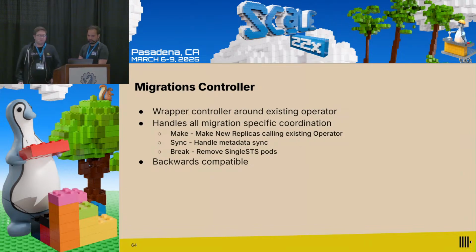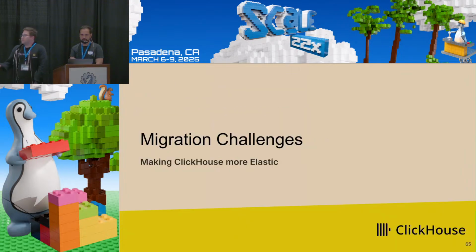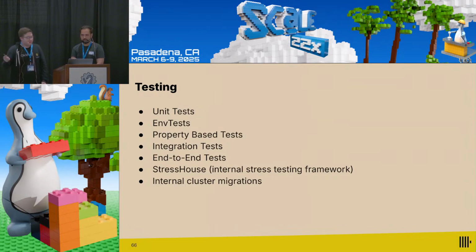So yeah, to summarize on the migration controller, it's a wrapper controller around our main operator. It handled all of this very specific coordination we needed for the migration, and it's backwards compatible. Now, everything's great, right? We have our migration controller, we have Temporal to coordinate this, and of course, we wrote